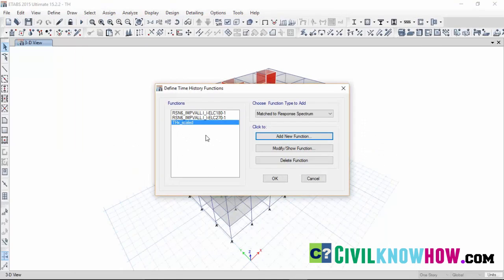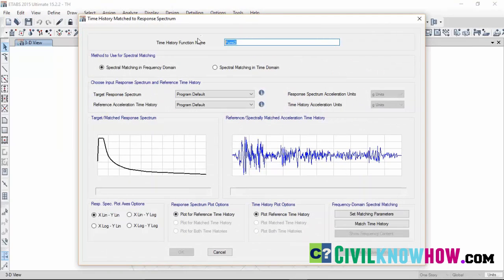In a similar manner, we are going to match the time history function along the y-axis that we are going to assign with respect to the response spectrum. So click on add new function, and we name it TH y_scaled,